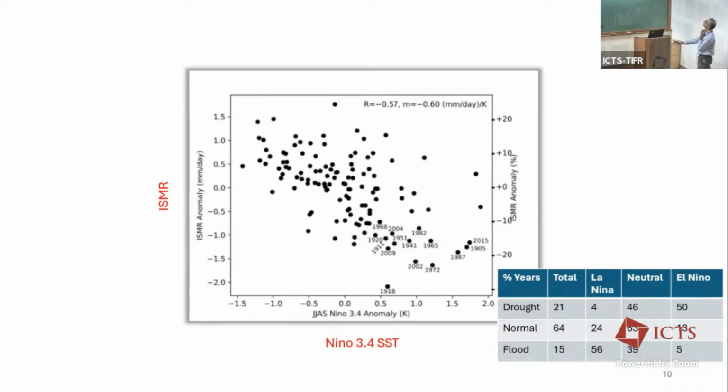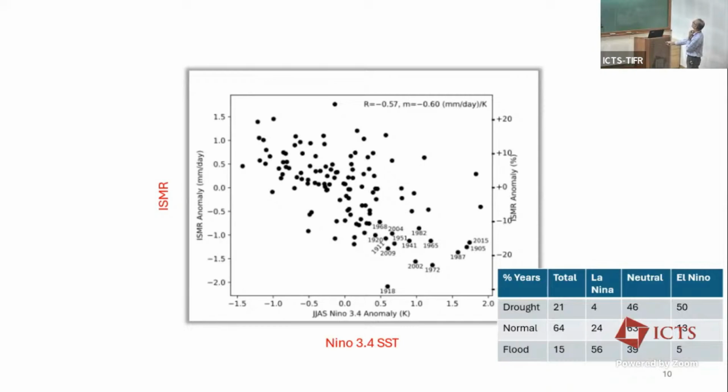There are many years like this, possibly 97, 84, 94, with a strong El Nino where there was no drought. Even with a very weak negative forcing, or almost no forcing, there are several floods here. So in summary, this is in percent, the total droughts: 21% of the total rainfalls,